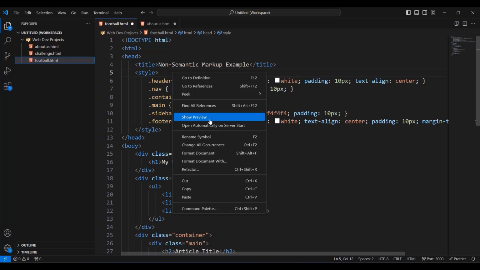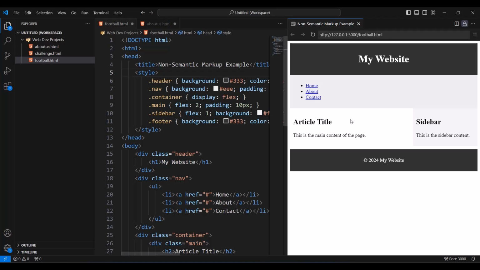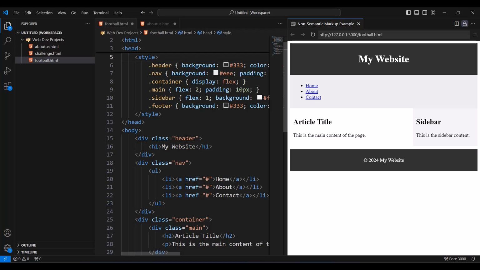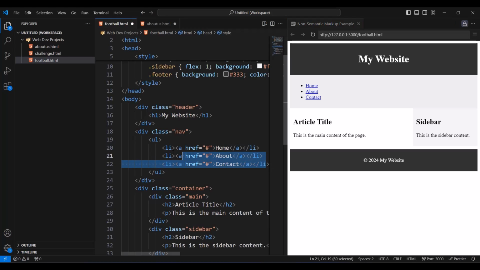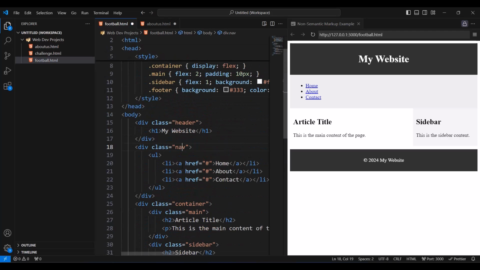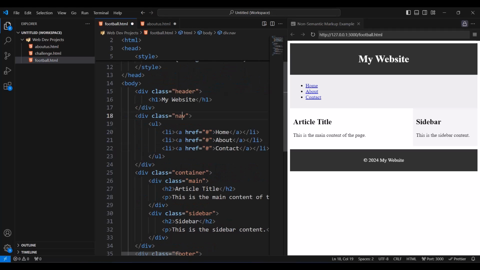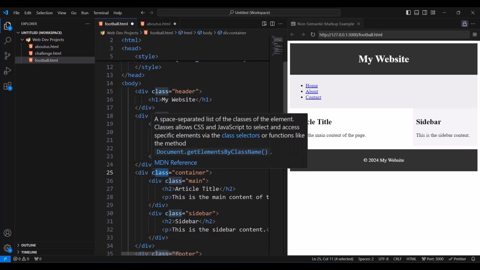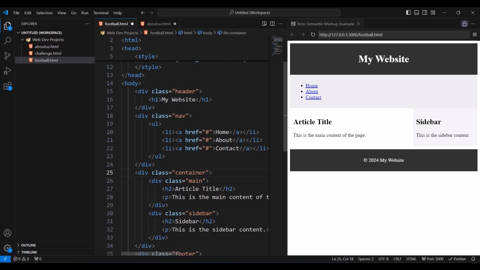Now, I will click here to show preview. And as you can see, we have my website. You can give it whatever name, and we have divs. We have a div for the header, and it's called header. We have a div for the nav, because here we have the links, as you can see here, one by one. And this is fine, but as I said, it's not specific enough about what each container is doing. And also, if you worry about what this class attribute is, don't worry for now. Again, I'm going to cover all of those later in the course.